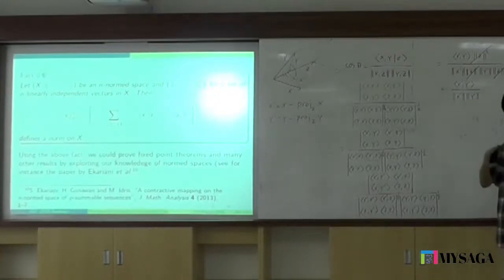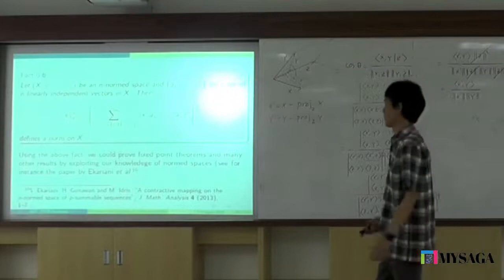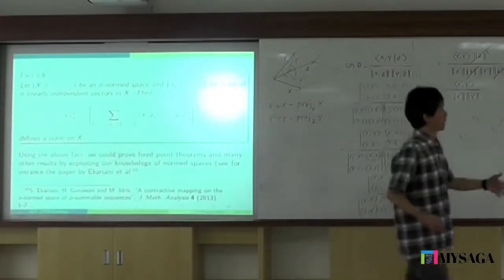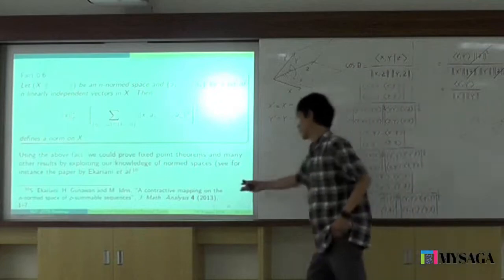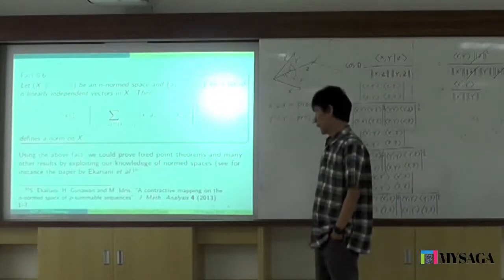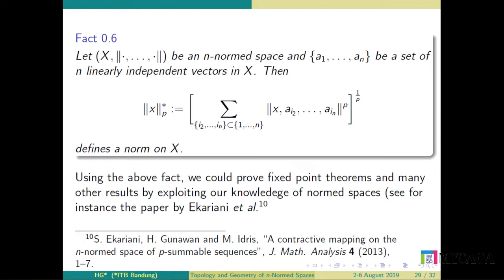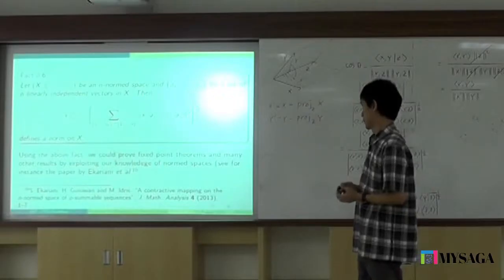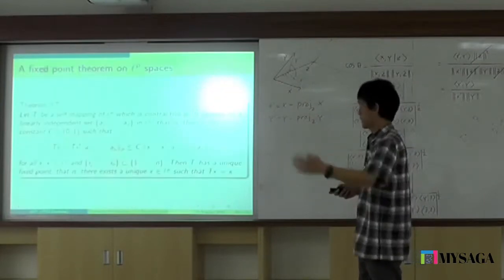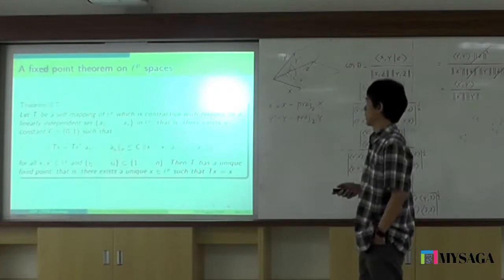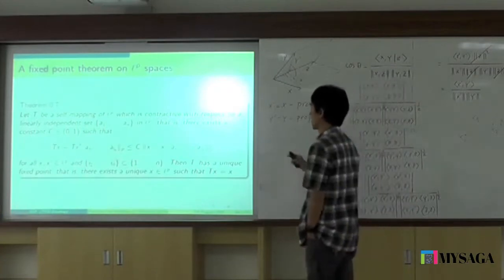I will tell you, the proof is very short for the fixed point theorem. Once we do that, the proof is very short. So, for example, this paper: Karyani was my doctoral student at that time. Idris was my doctoral student also. And Essie also did something. So, for example, this